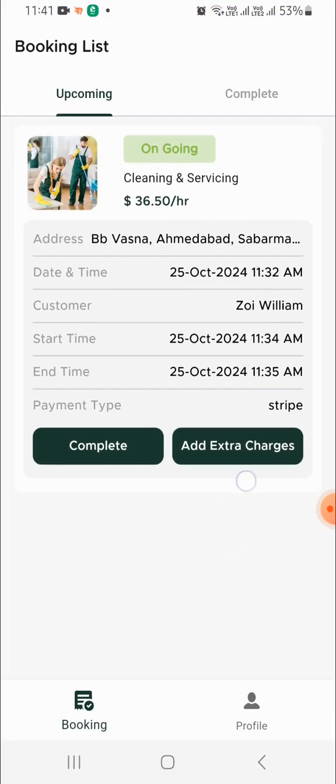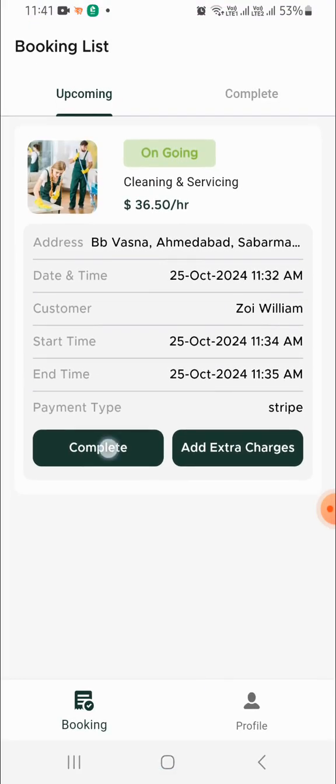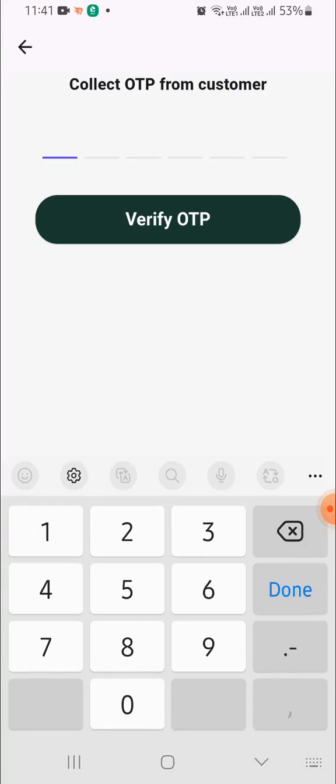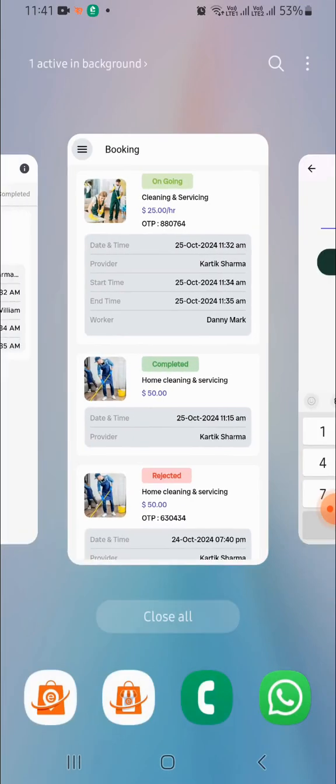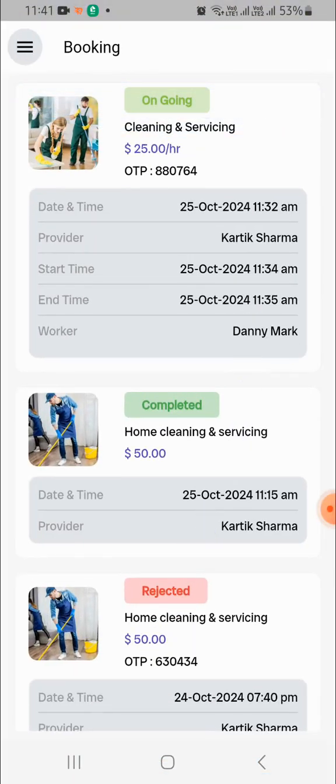And now click on the complete button. Enter the OTP. Collect this OTP from the customer app. Here you can see the OTP 880764.